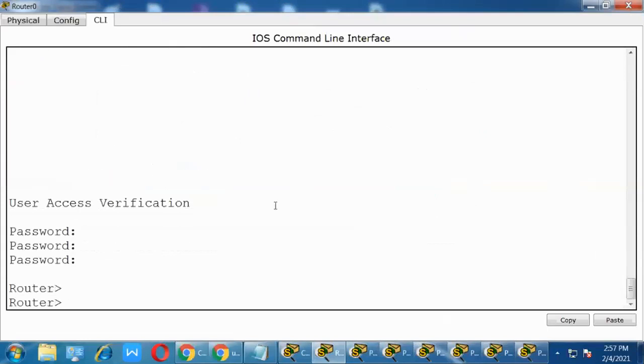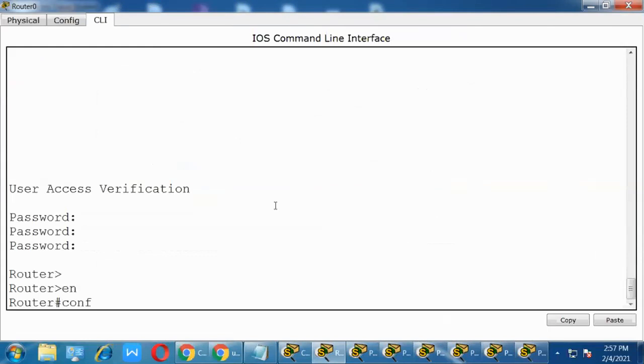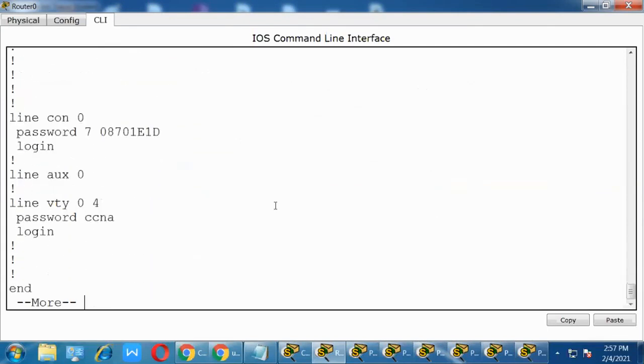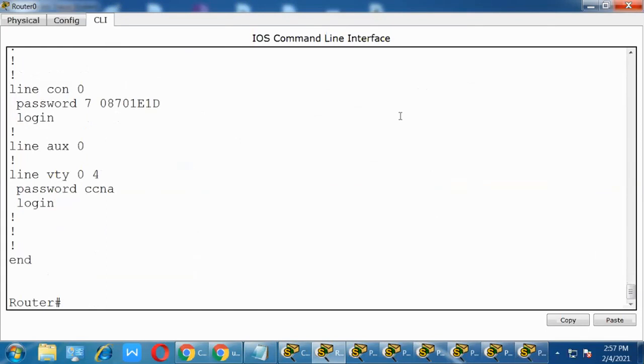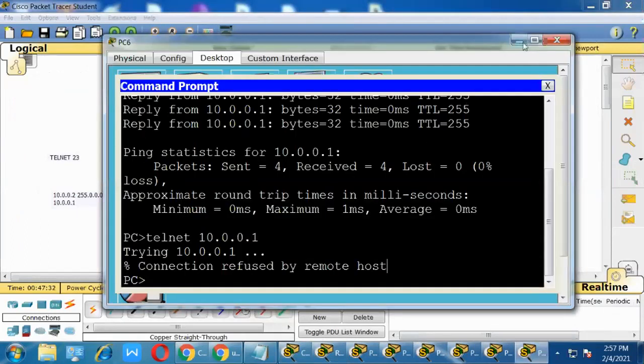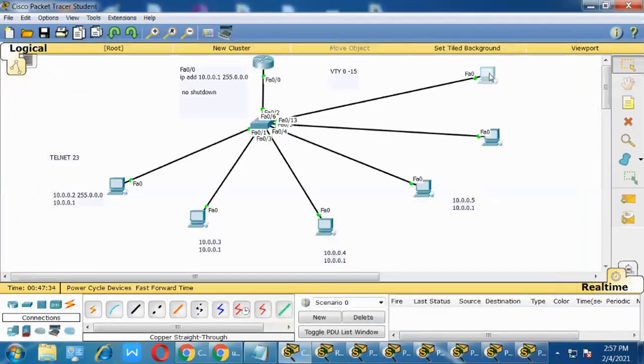Show run. 0 to 5. 0 is nothing but 1, right? And this is 4, so 4 plus 1, total 5. So this 4 or 5 users can access, right? But this one cannot access.